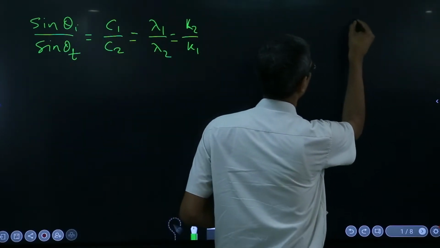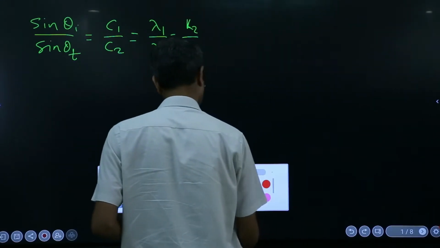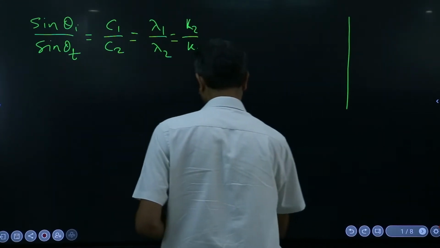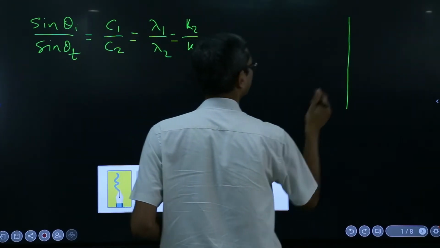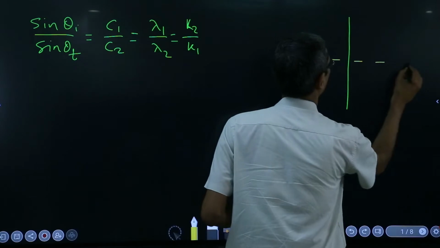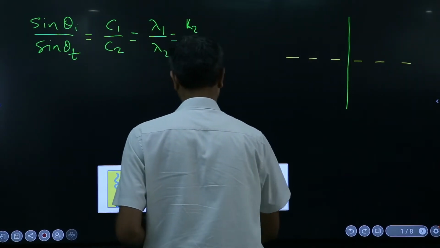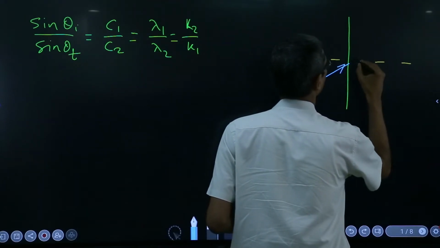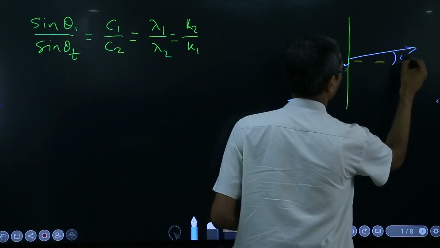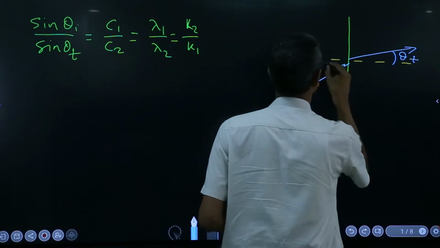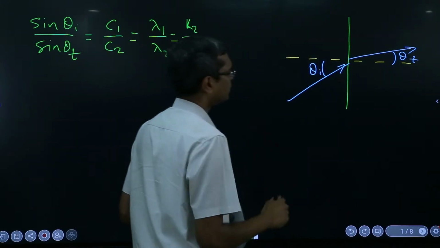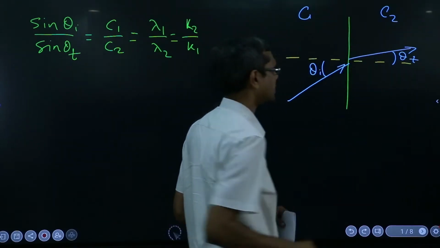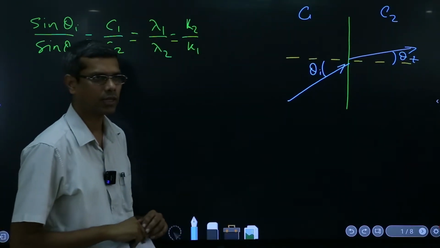So again if I want to draw that, I can draw just the line diagram now. So this is this one, so that means the C2 and C1, if you have C2 less than C1,